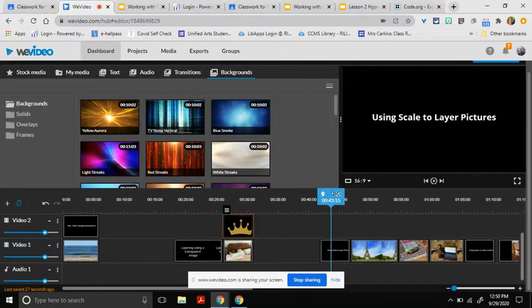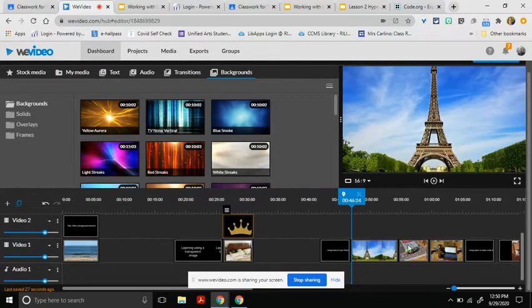The next thing that I want to show you is how to use scale to layer the pictures. So if I've got